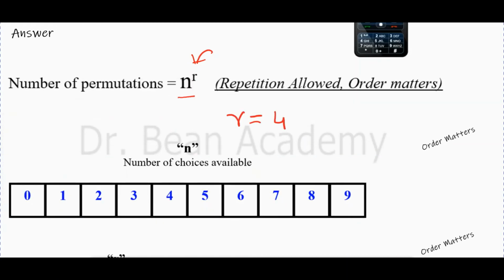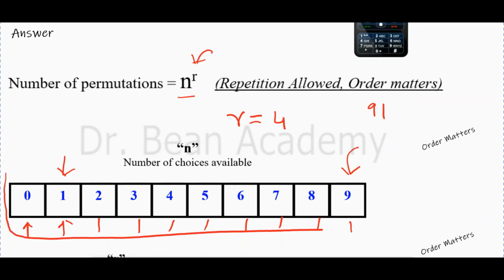Let's see. Our numbering system consists of a total of 10 digits. The first one is 0. Then we have 1, 2, 3, 4, 5, 6, 7, 8 and 9. The rest are permutations of all of these choices. For example, tell me any number and I will tell you. For example, you tell me 91. So 91 is the permutation of 9 and 1. You tell me any number and you will see that all the digits are from this list. You can never use any other number out of this list because there is no other number available to you.